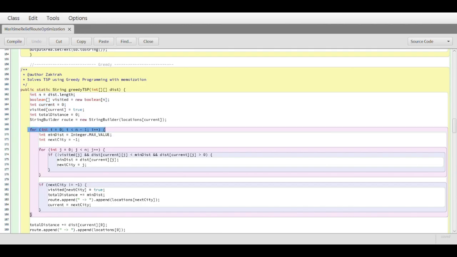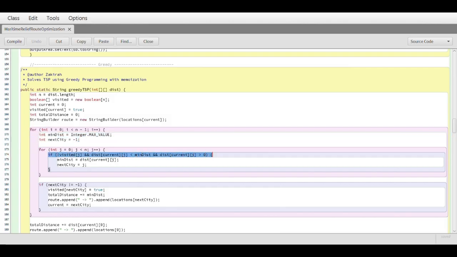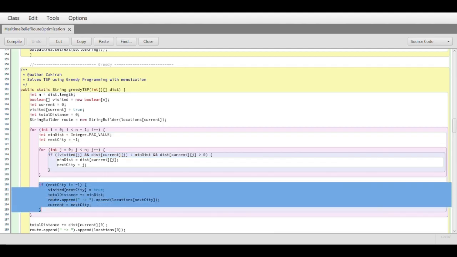The main part is the loop, which runs to find all remaining locations. Inside this loop, we initialize minDays equal to integer max value and nextCity equal to -1, which means we are searching for the nearest unvisited city. Then we check all cities using this code. If the distance is smaller, we update the nextCity. Once the city is found, we mark it as visited, add the distance, append it to the route and move